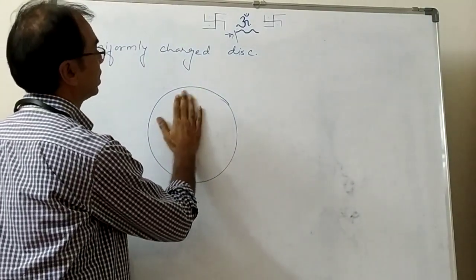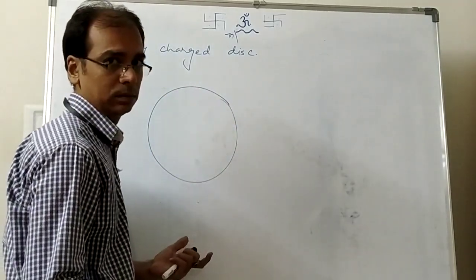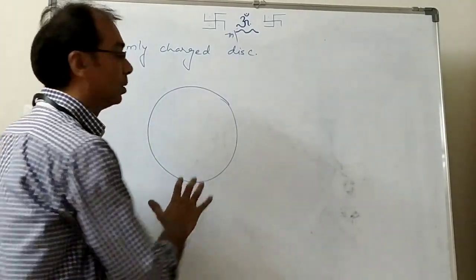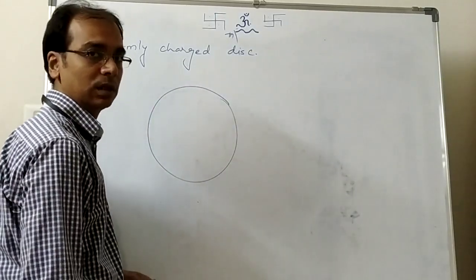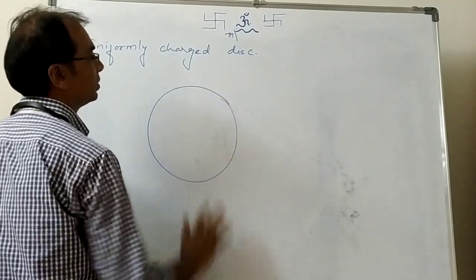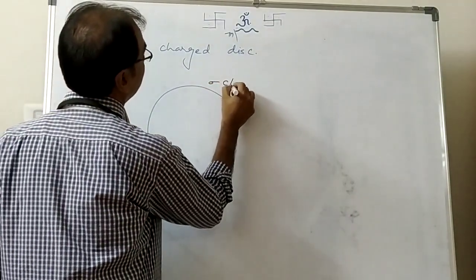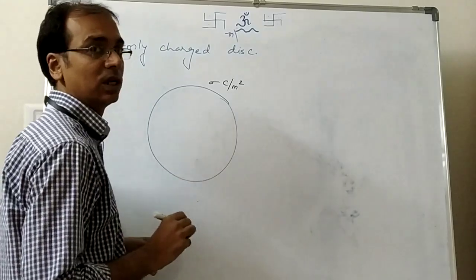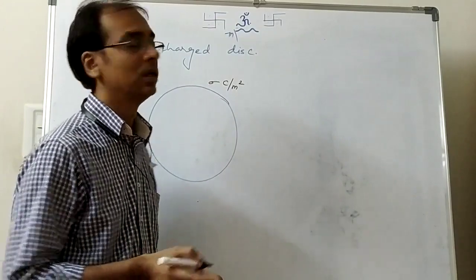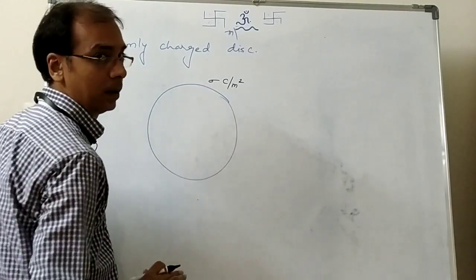If it's a ring, there is nothing inside. But a disk is like a plate. If I make a disk from a metal, electrons will be on the entire surface. Correct? So the charge is on its entire surface, given as sigma coulomb per meter square. This is called surface charge density. Before, in the ring, we used lambda, the linear charge density. Sigma is surface charge density because the charge is on its surface, on the area.